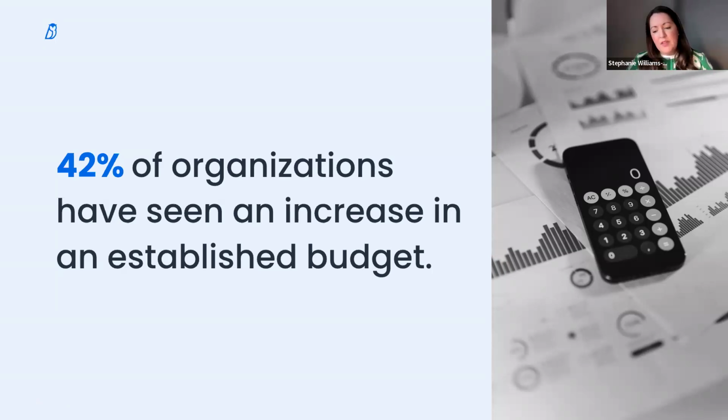But I think the driver really is, how can we ensure that we are operationally efficient globally? What is it that we need to do? And those are the questions that they're coming to us asking. And sometimes it is a case of, well, it's going to cost you X to put this in place, or you really need to think about widening this budget, and having those difficult conversations. So yes, there might be budgetary constraints on one side, and I certainly think, though, on the other side, we do see that there is a reallocation of spending, if I put it that way, to an understanding of what might be important now within an organization.